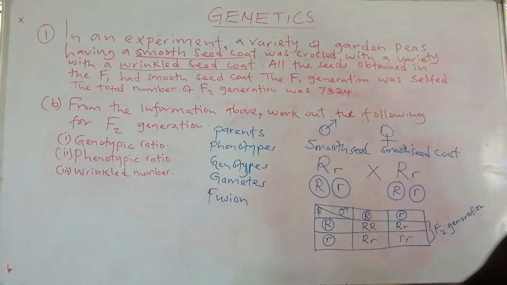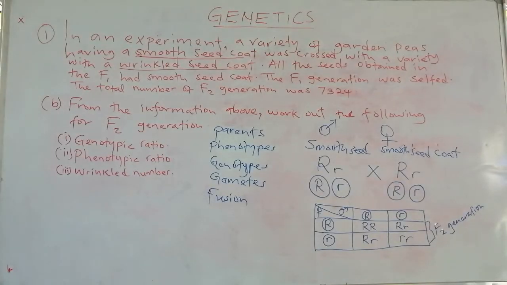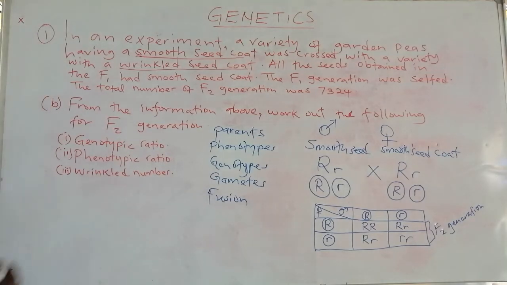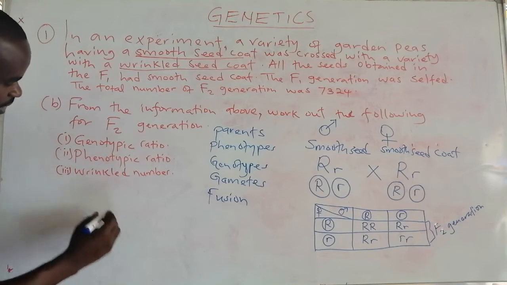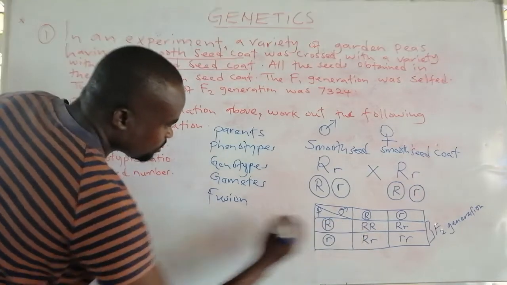When you are asked about genotypic ratio, it is always given in form of genotypes. Why do we say that? We don't express genotypes in words. Instead, we express genotypes using the various genotypes that have been obtained from the crossing. So the genotypic ratio here, we are going to have